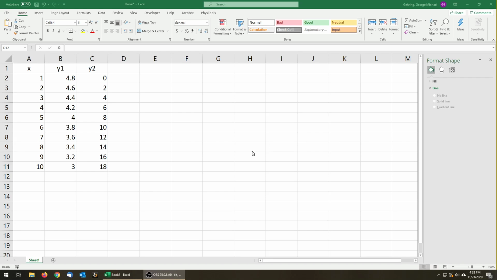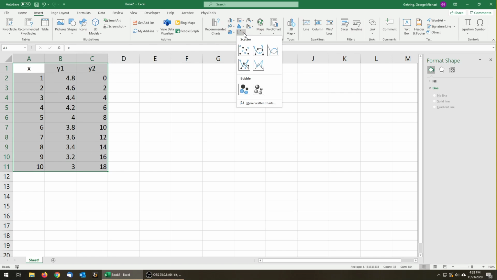This is a quick guide to generating plots that have multiple different data series on them in Excel. So you notice I have one set of x values, but I have two different sets of y values that I want to plot against that set of x values. So to do that all on one graph, I highlight all that data, I go to Insert, and I add